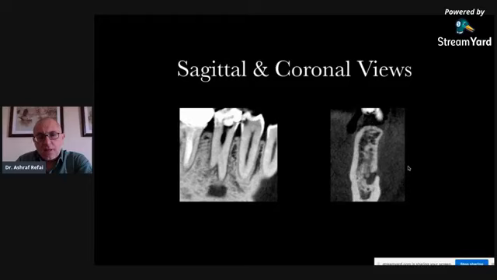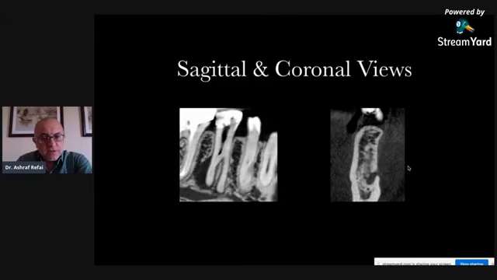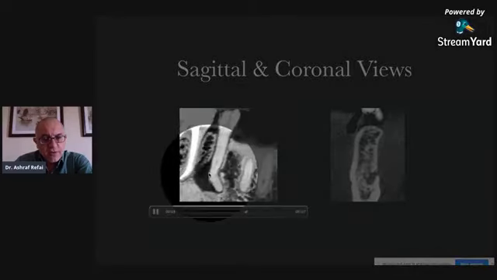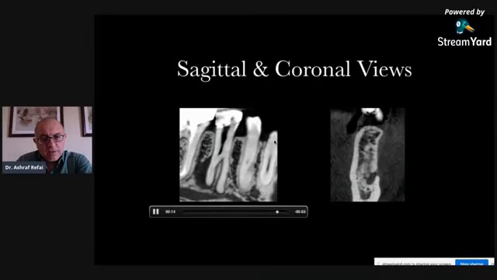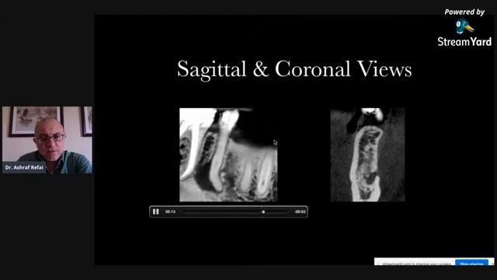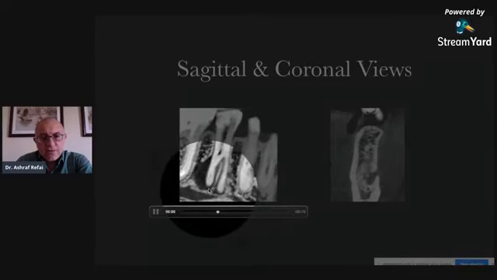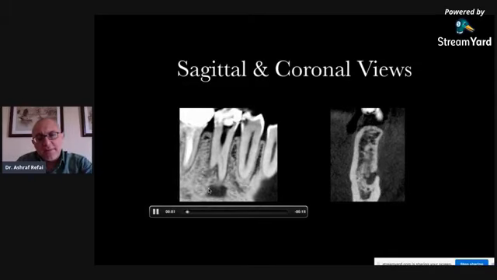And again, here you have the sagittal cross section. You can see the root, and you see the very big lateral lesion right there. And you can see that very clearly. And you can see the 3 roots, or the 3 exits of the roots. There you go. If you look very closely here, you will see a lateral exit right there. That's where there's a lateral exit. That's why the lesion is on the lateral surface of the tooth and not apically.